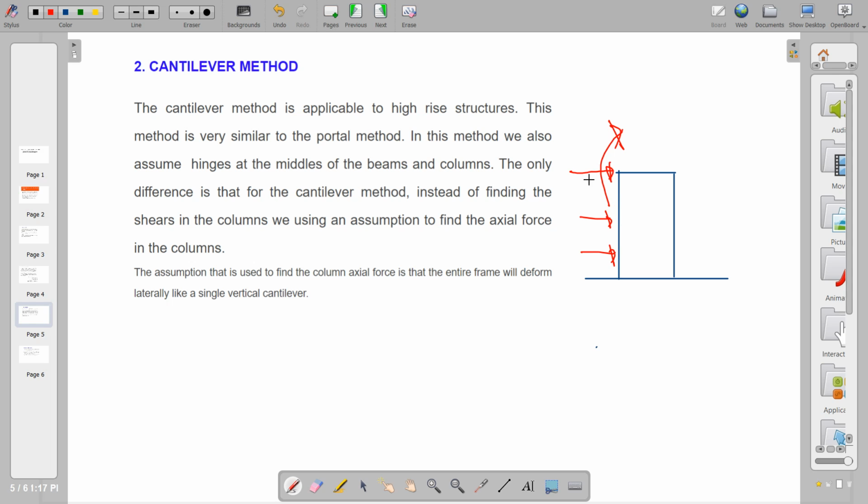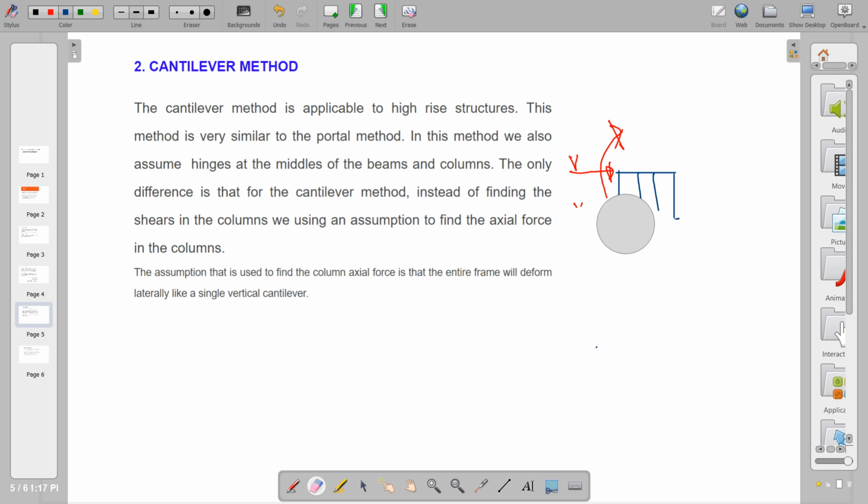So later on, you will discover how to compute these lateral forces, and these lateral forces in seismic analysis are called the base shear. Although this frame is composed of several vertical members and horizontal members, your assumption is just like a cantilever beam that is supported only at a single side of the beam.